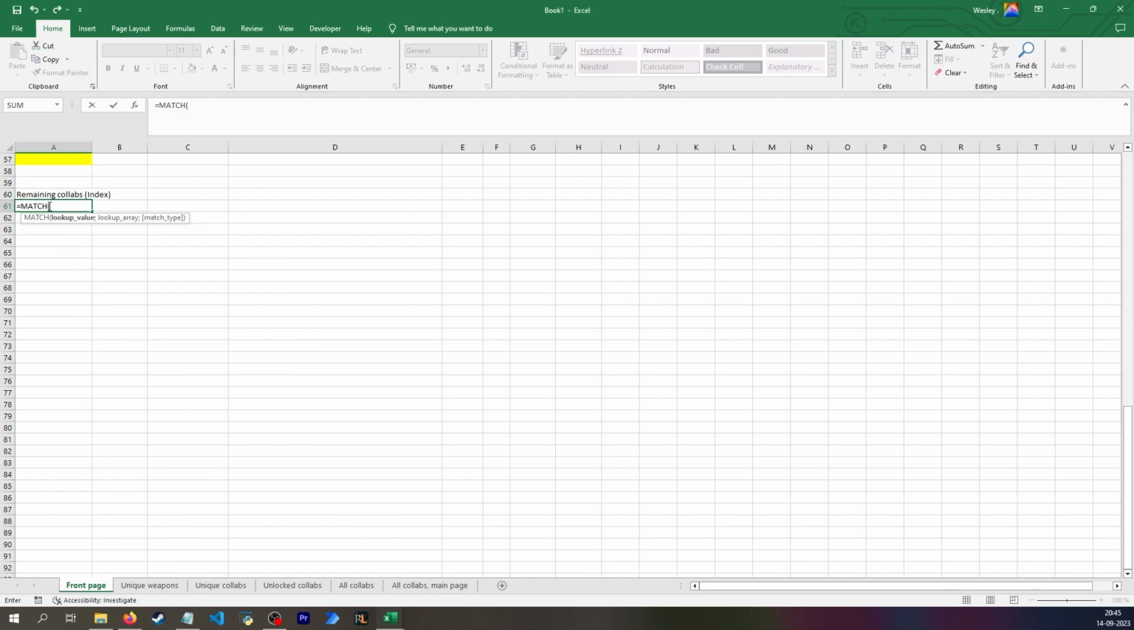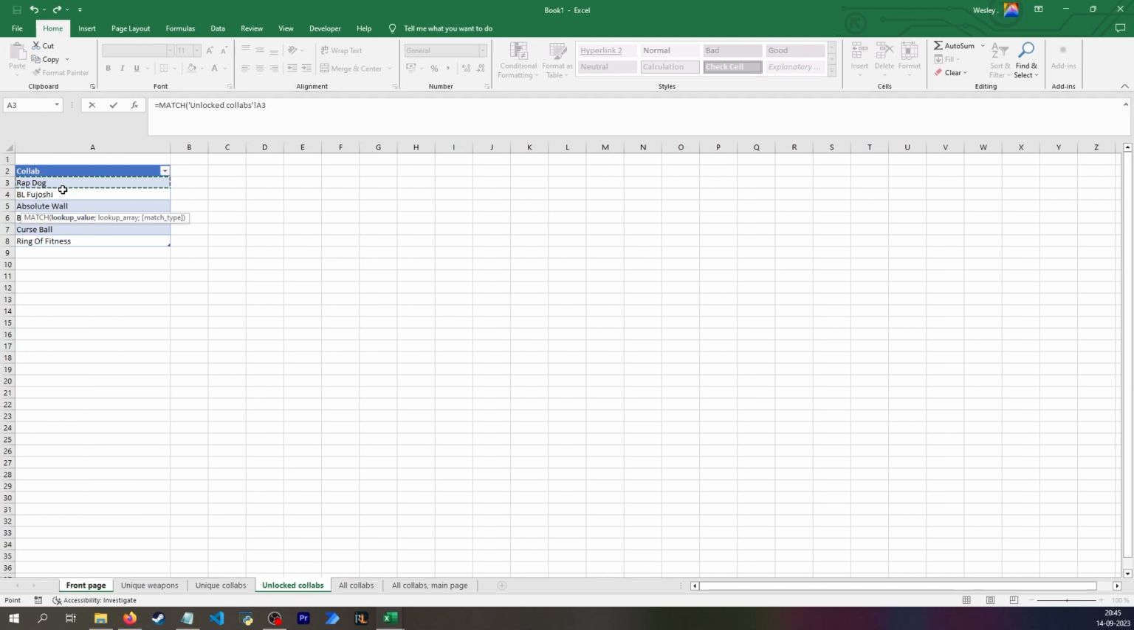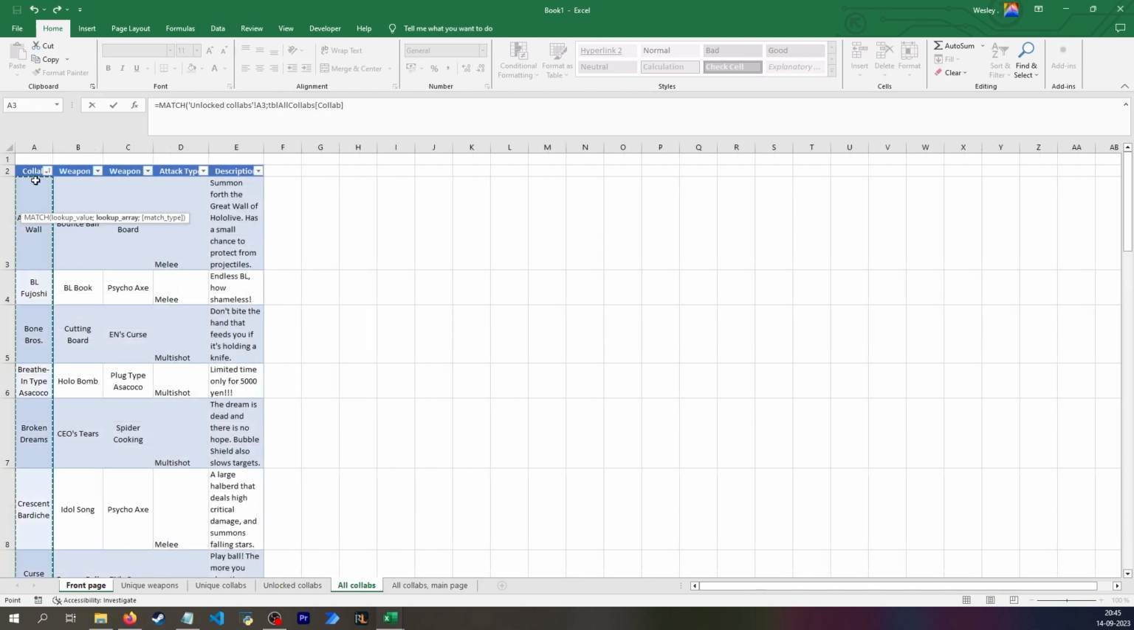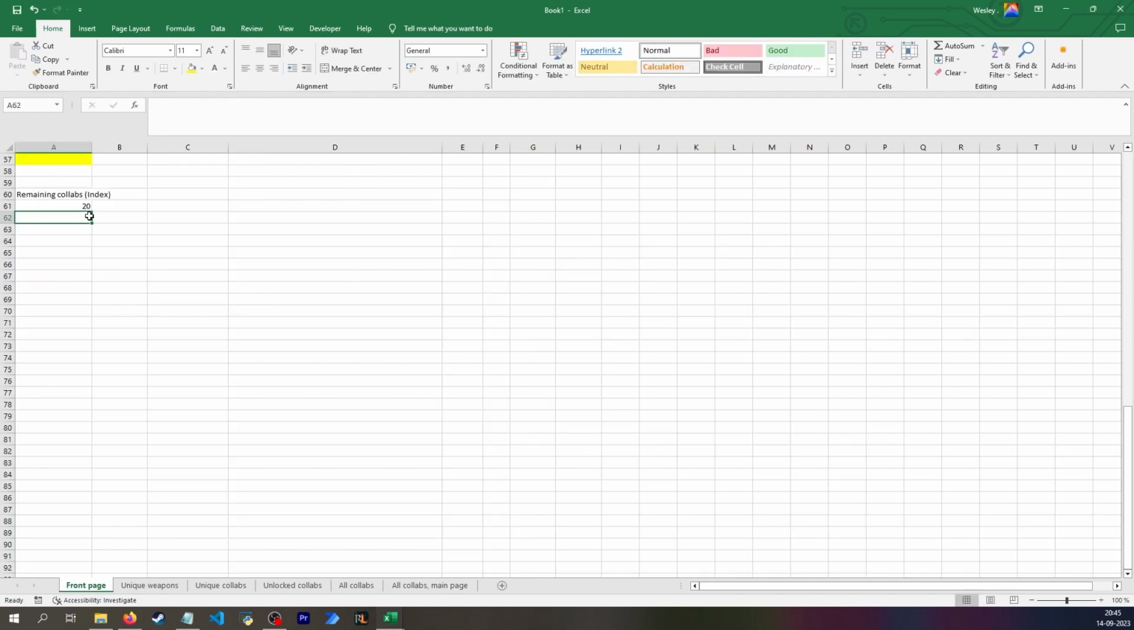So I will say I want to match, and the item I want to match is this value, the first cell inside of my sheet with my unlocked collabs. Where do I want to find it? Well, I want to find it inside the entire column of the table with all my collabs, and I want an exact match. And this will work fine for the first 6 I have, because I have unlocked them, but when I then copy it down, I will get NA, which I can solve again by being a bit lazy